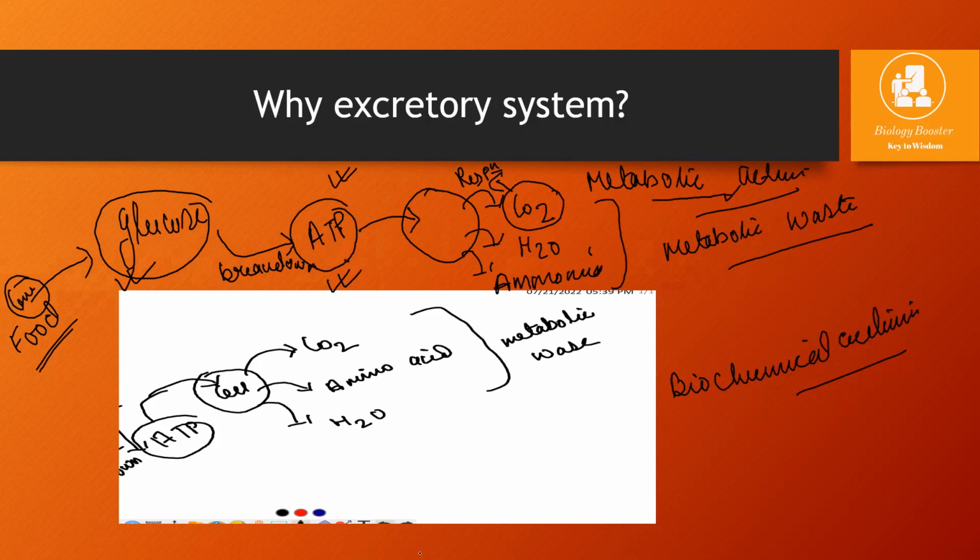So the question is, why is there an excretory system? The excretory system is there to remove the metabolic waste of the body. In the kidneys there is also osmoregulation, but we will discuss that later when we study the kidneys. Here we are dealing specially with the excretory system. It is there to remove metabolic waste, especially ammonia, because ammonia cannot be taken out by other systems, but by the excretory system where the kidneys are involved. I hope everybody understood.